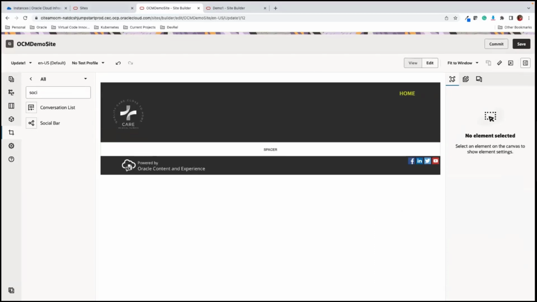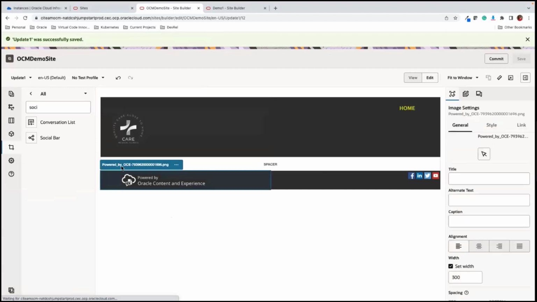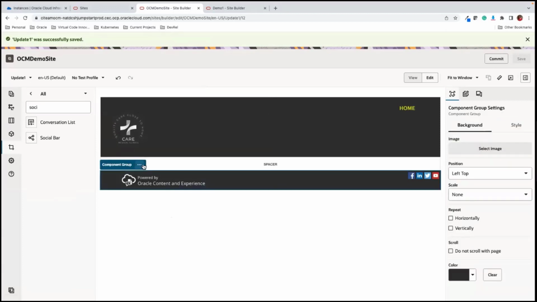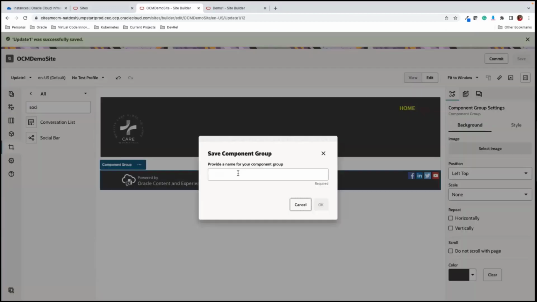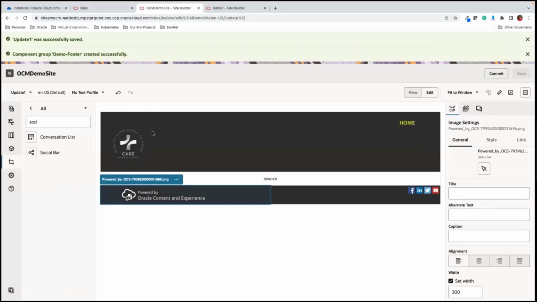I'll go ahead and click on save. So now that we have a header and a footer, I want to make both of these reusable. So I'm going to save this component group as, let's say, demo footer. Okay, so now that I have my header and a footer,